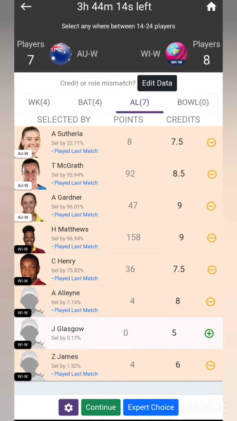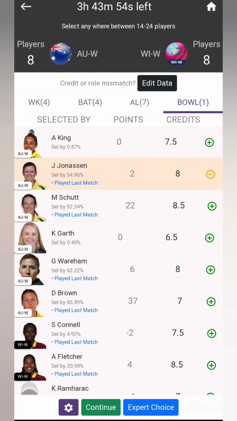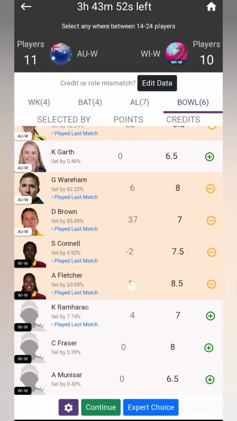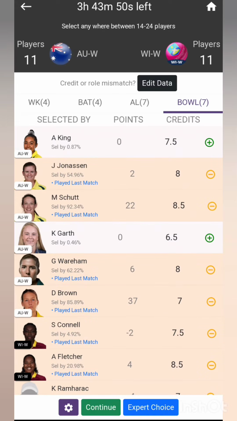All the 3 all-rounders from Australia are very quality, and H. Matthews and C. Henry are also quality all-rounders. Again we go to the bowling section, and we select all the bowlers as well. We can see 4 bowlers from Australia and 3 bowlers from West Indies.